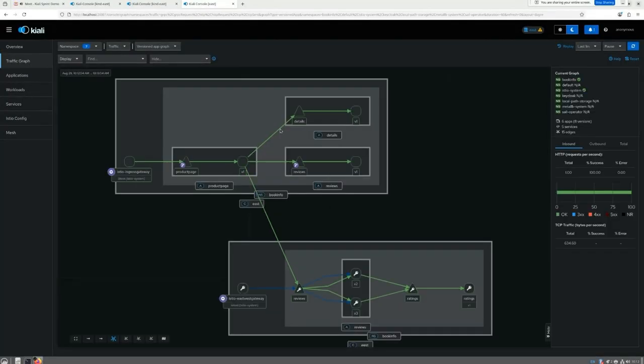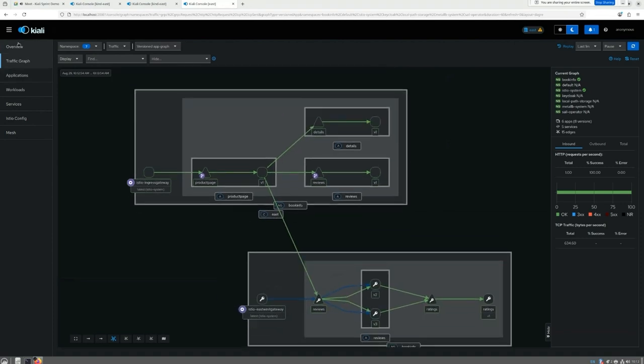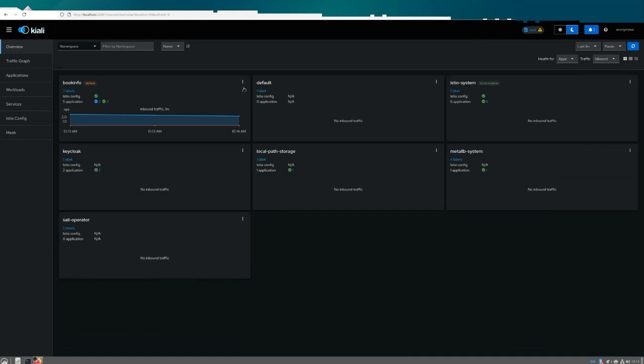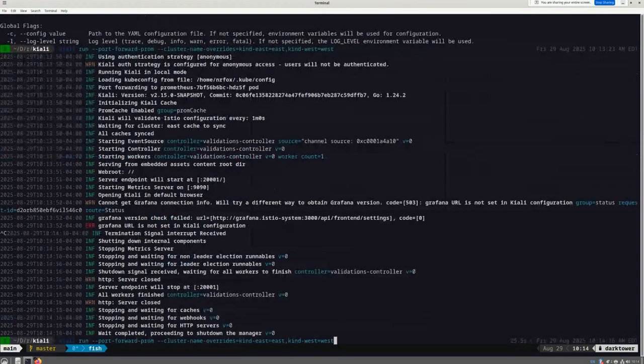And the walk icons went away, except for the west cluster. So if you'll notice, if we go back to the overview page, we're only seeing the east cluster right now. And that's because by default, Kiali will just use your current context. So if you want to provide it additional context, additional clusters, that's just an additional command line flag that you